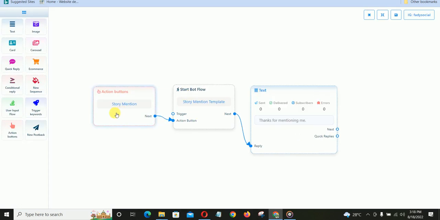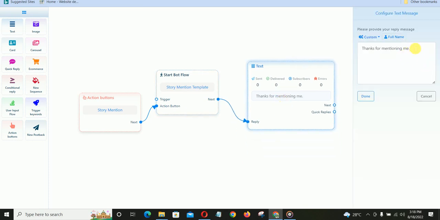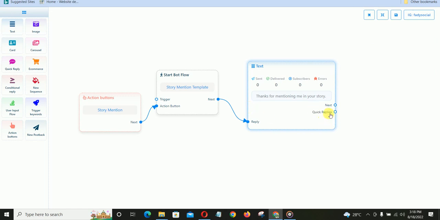If someone mentions you in their story, this is how you can see it. This is story mention, this is the story mention template. You can do this: Thanks for mentioning me in your story. You can now ask the person to check out your